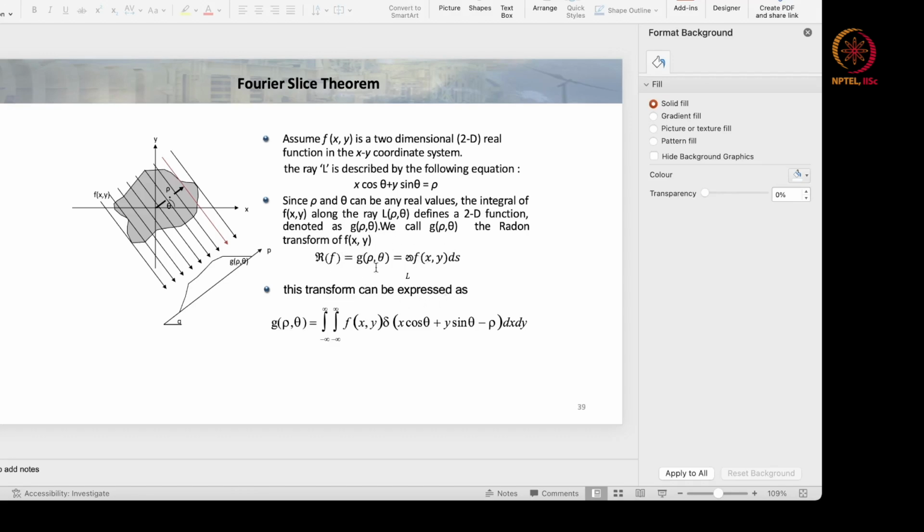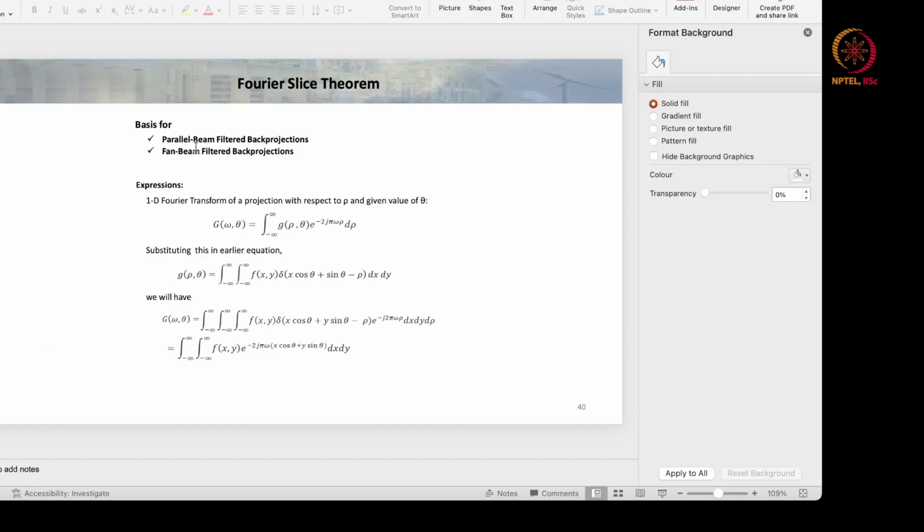So the Radon transformation is what gives you g(rho, theta), equal to the Radon transform of f(x,y). Now this transform, if you open it up, is nothing but f(x,y) multiplied by delta of the whole term, into dx dy. Ultimately this gives you g(rho, theta), the intensity of the deflection at this end. So you take a slice along the ray direction and determine what this transform will be. So now that we have got this,